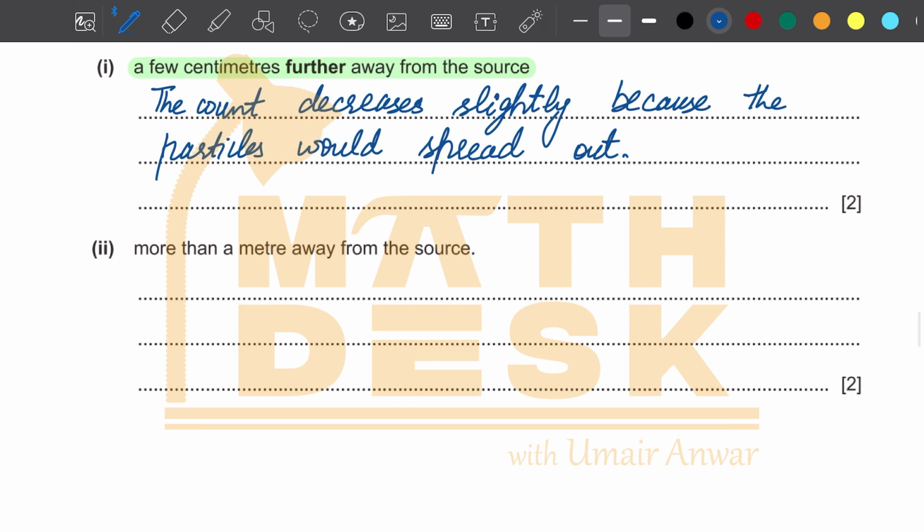than as compared to when the source was placed near the detector. And in the next part it says when we move the source more than 1 meters away from the source. So when the source is moved more than 1 meter away from the detector, then we have a large decrease in the count. So we observe large decrease in the count